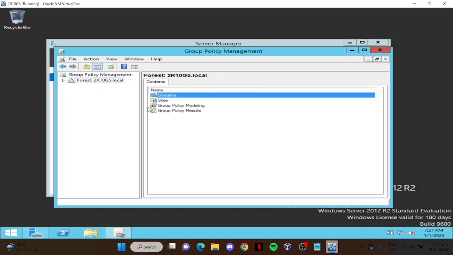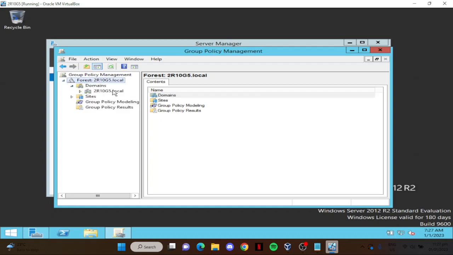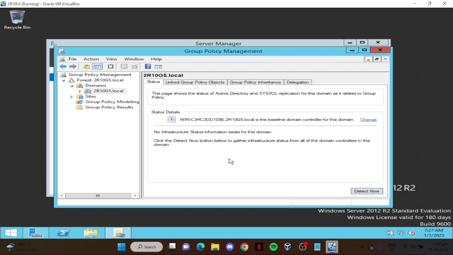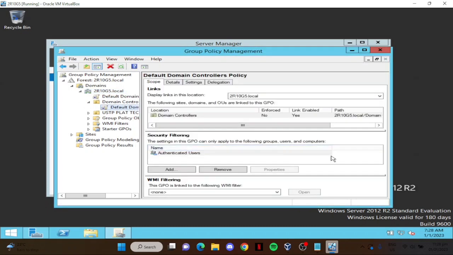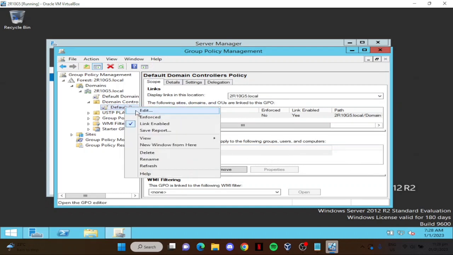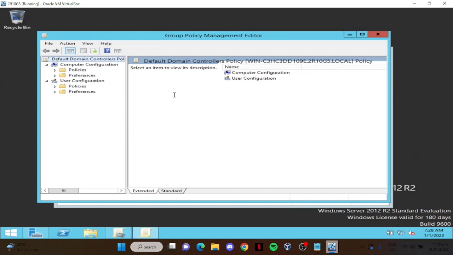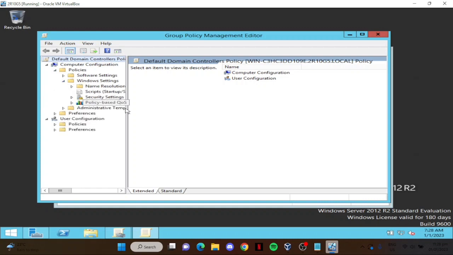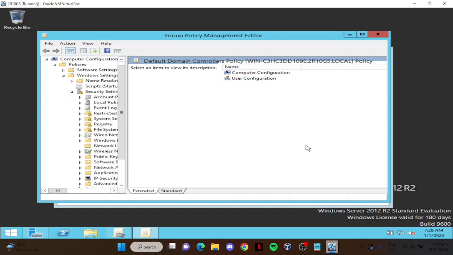Now we have opened the forest, so we will drop down domain into local, and we will search for the drop down again, domain control, and then edit the default domain. Now we are editing the domain, so we will open the policies down to Windows settings and then the security settings and go to local policy,